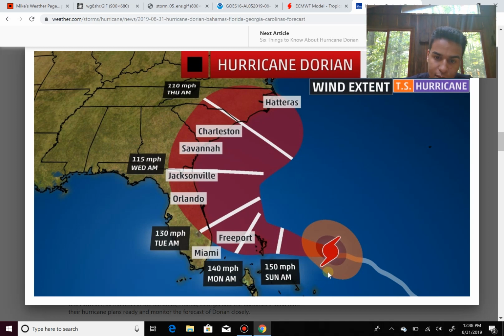Only 2/3 of the time hurricanes stay within the projected path of the hurricane, and it could really go anywhere within this track. The most hopeful scenario is that it goes to the more eastern part of this track. It takes the more western part of this projected path, but there's also a possibility it could go through the middle, which affects a lot of the coast still, or it could take the worst case scenario,